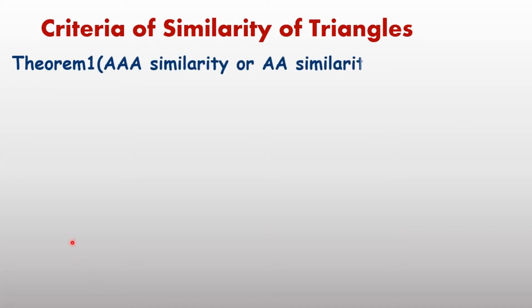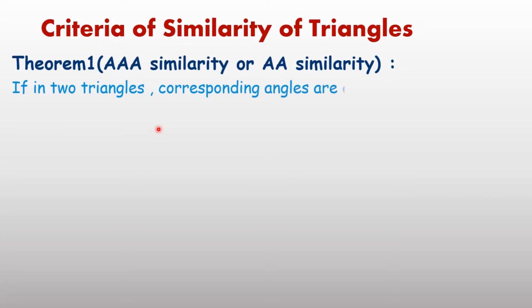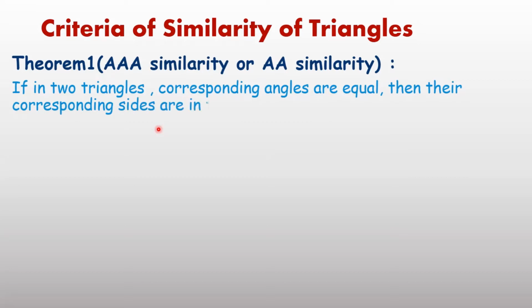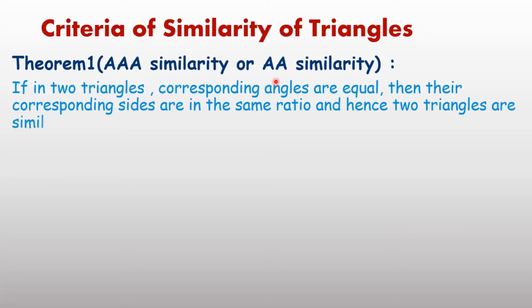First criteria is written as heading: triple A similarity or AA similarity. Triple A and double A both are same. It implies if in two triangles all three corresponding angles are equal, then both triangles are similar. Or in other words, if two angles of one triangle are equal to corresponding two angles of other triangle, again they are similar. Because if two angles are equal, then third is also equal. Therefore, we can write as